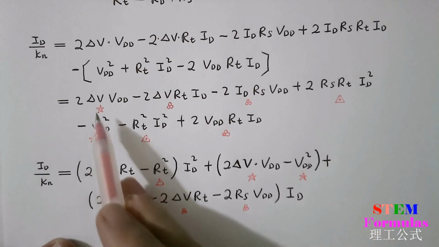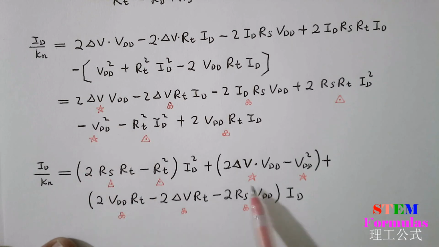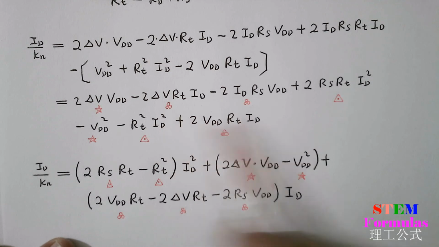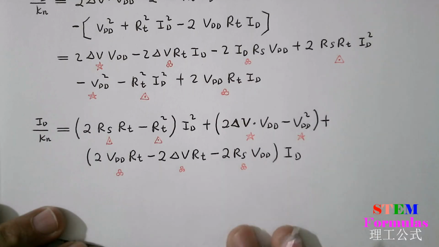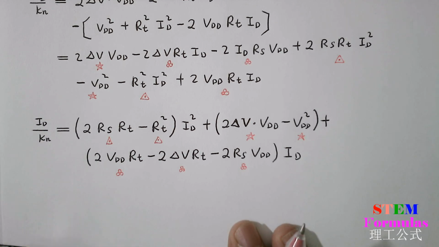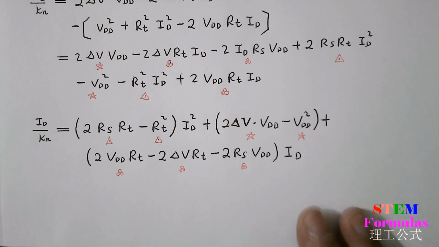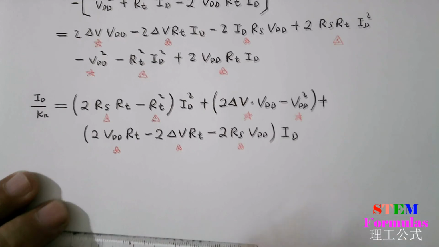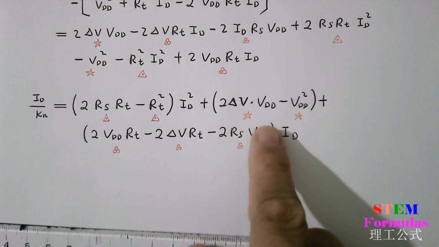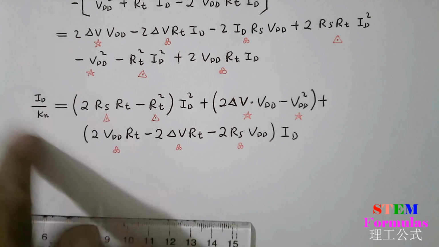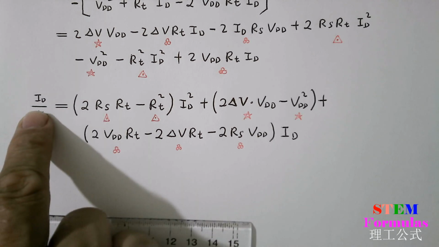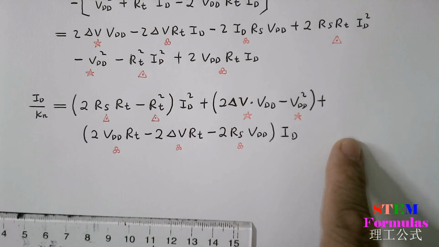So now I have all these terms. The next task is I need to move this linear term in ID to the right side. So I got 0 equal